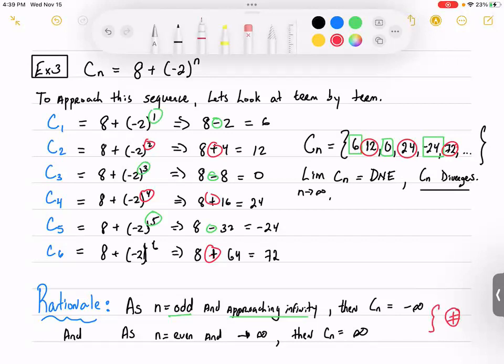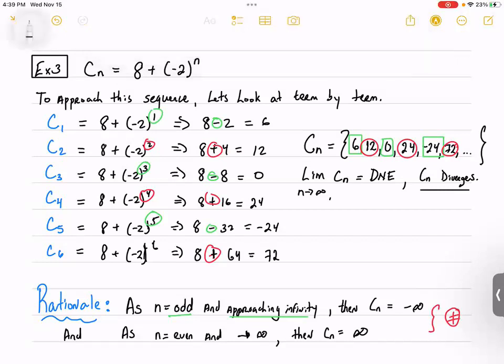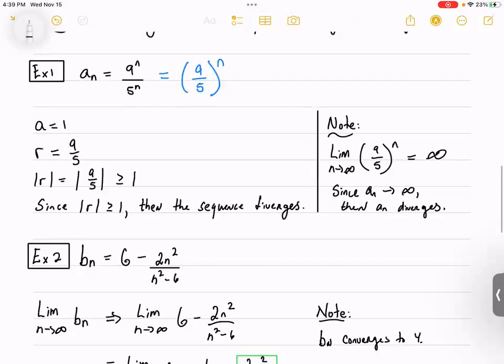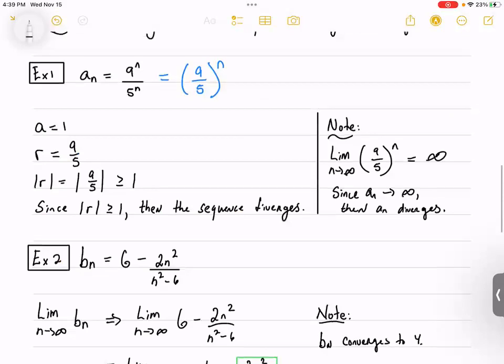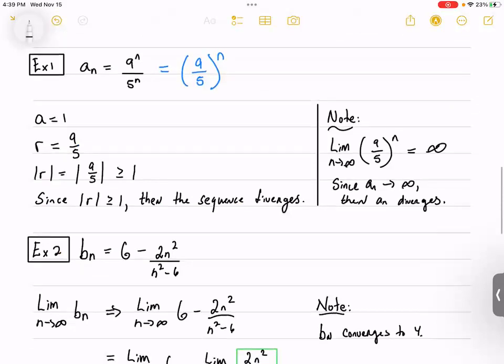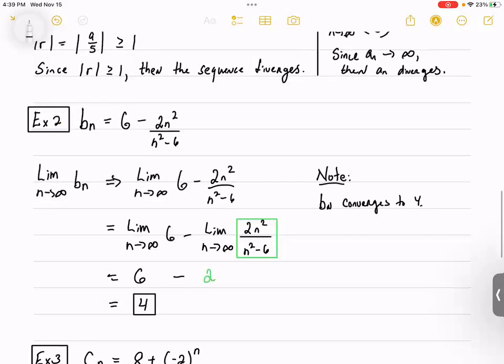Any questions? Yeah, this is an example where it's best to look at it term by term. The other two examples, we could somehow do term by term as well, but using some methods that we learned so far in Calc 2, like the geometric series, the things with r, or computing a limit as n approaches infinity,